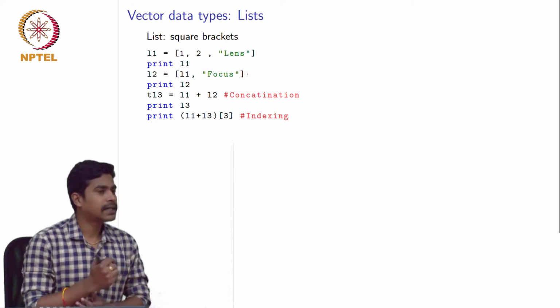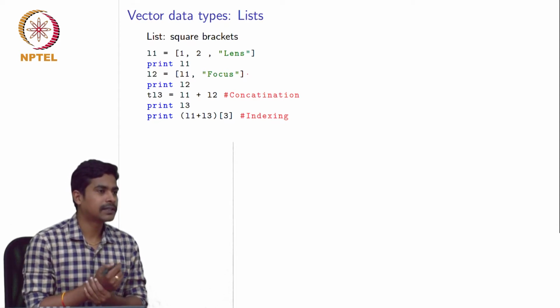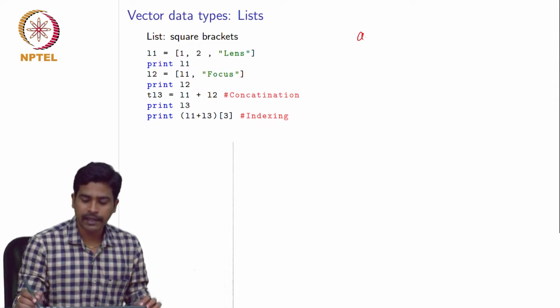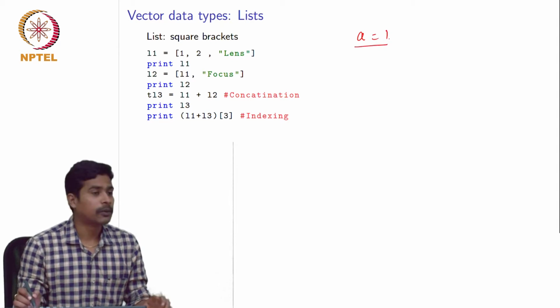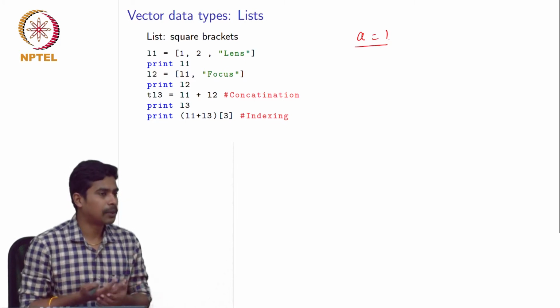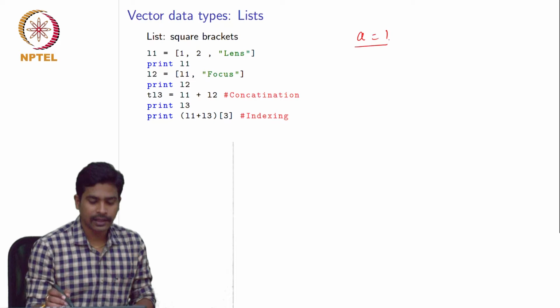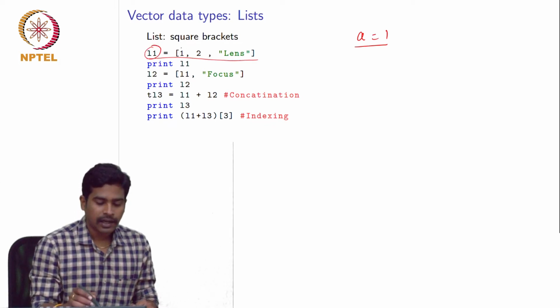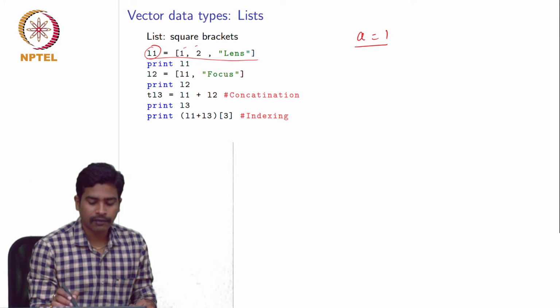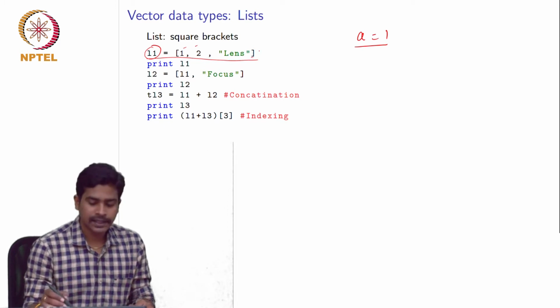So in the previous lecture we have seen variables, for example integers, floats or boolean values, but they are single values. So for example, if we say a equals 1, a can store only the value 1. So if you want to store multiple values, for example multiple integers or multiple floats, there is something called lists in Python. So this is the syntax for a list in Python. This is the name of the list, and the list opens with a square brace, and then all the values are separated by commas, and finally we have to close the list using a closed brace. So this is the syntax.